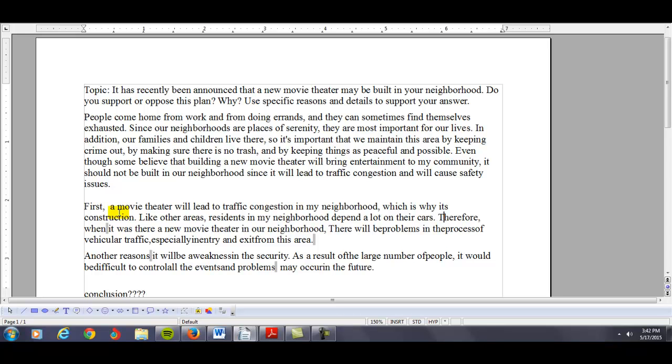And say therefore, you have when it was there a new movie theater in our neighborhood. You don't need to say it like that. How about when a new movie theater in our neighborhood? Therefore, when a new movie theater in the neighborhood is built,